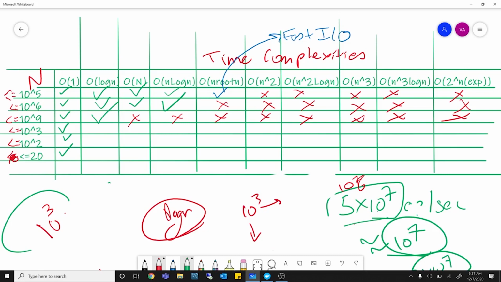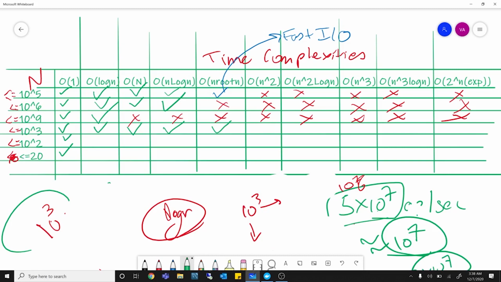All right. So for 10 to the power 3, by the law of induction, as I already mentioned, all of these are in ascending order, and for any number less than 10 to the power 5, I have already mentioned all of the correct time complexities. So for 10 to the power 3, all of those complexities are also valid. You can check it mathematically as well. So by induction, I'm just marking it here again, sorry, with green, that n is valid, n log n is valid, and n root n is also valid. So for 10 to the power 3, when you take root n, it will not even get up to 10 to the power 5. So it will remain less than 10 to the power 5, which is definitely valid.